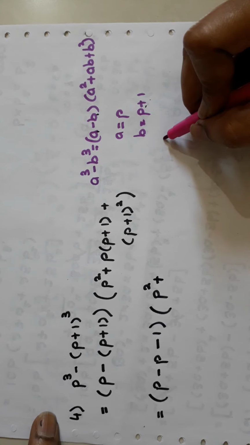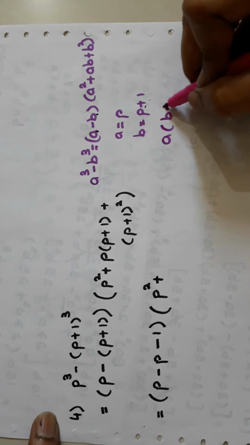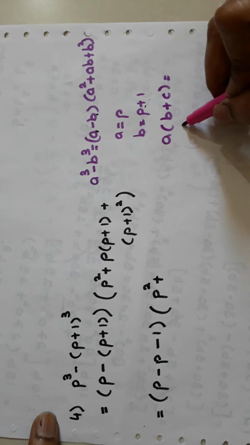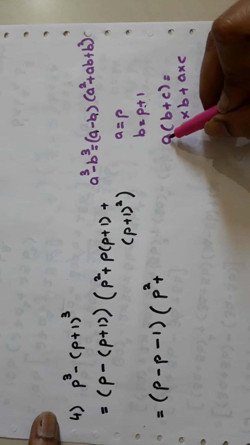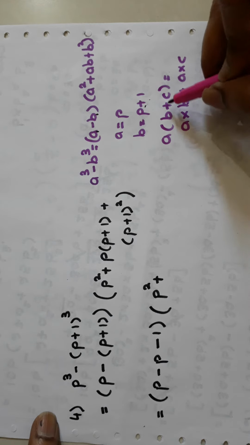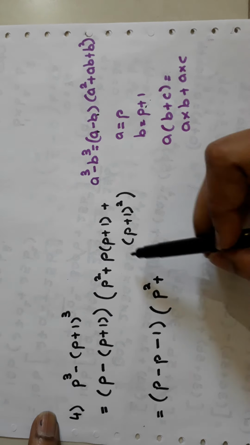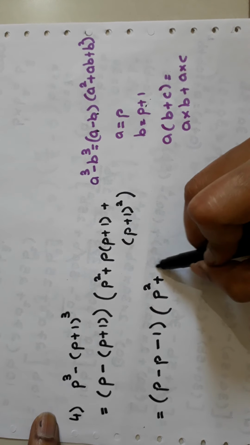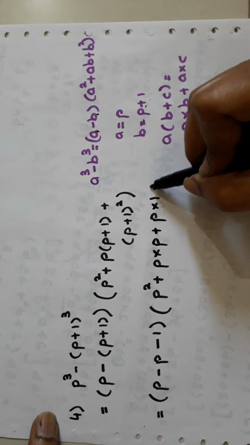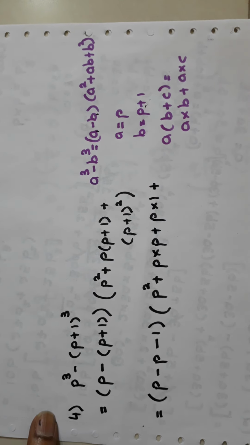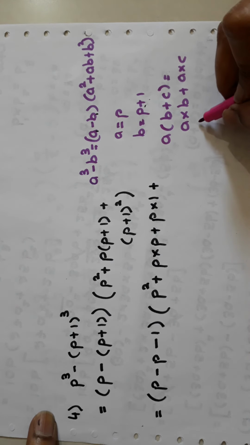We will use the formula a(b plus c) is a into b plus a into c. That is, you will multiply a to each of the terms. So in this case, p into p plus p into 1, plus the expansion formula for (p plus 1) the whole square,